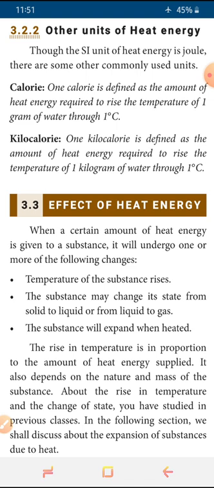The first one is the calorie. 1 calorie is defined as follows: we have 1 gram of water, which already has some normal temperature, the room temperature. We give it some external energy. Due to that external energy, the temperature increases from the normal temperature by an extra 1 degree Celsius. That is called a calorie. This happens in 1 gram of water.